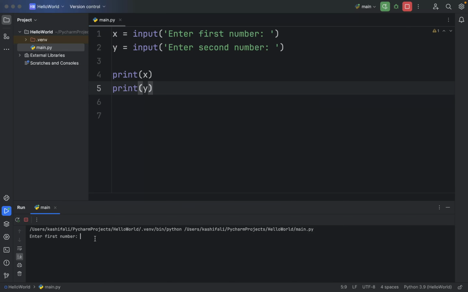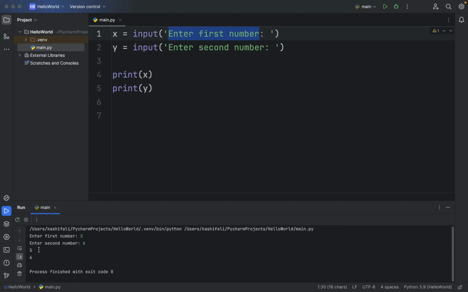So you can see the prompt here, which tells us enter the first number, exactly the same message that we just entered here. So let's enter the first number as 5, and now we'll ask for the second number, and let's enter 6. And okay, now as per the coding, it just displayed the input values on console,